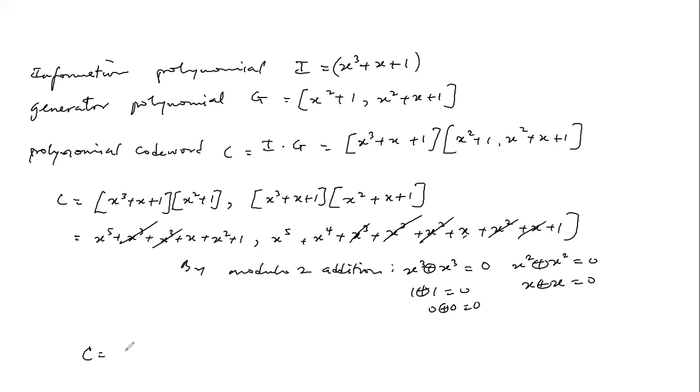So the polynomial code word is the same as x to the power 5 plus x to the power 4 plus 1. Perfect. So if we also consider a 3 by 2 convolution code, such that the information polynomial is given by x